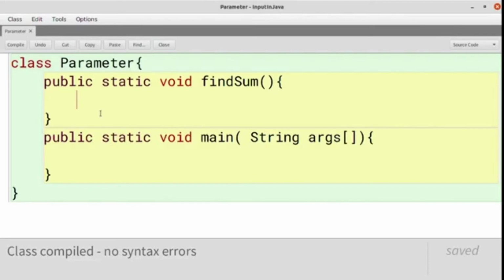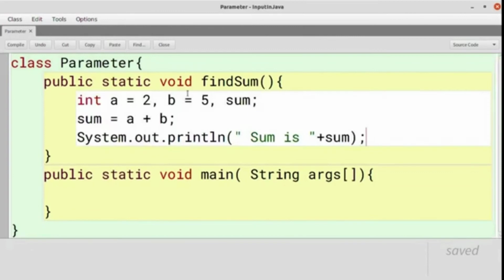So let's begin. Here we have function findSum. It is static, so it can be called without creating an object. It is void, so there is no need to return a data type. Let's paste the earlier code over here. Whenever we use findSum, we can call this method.